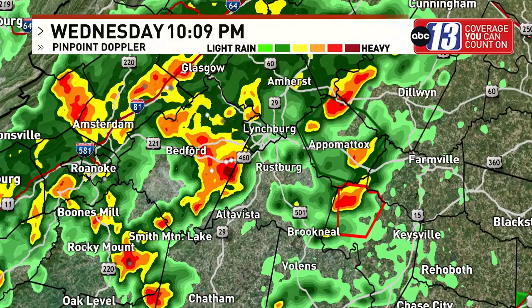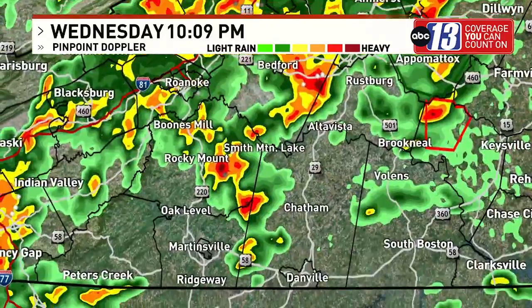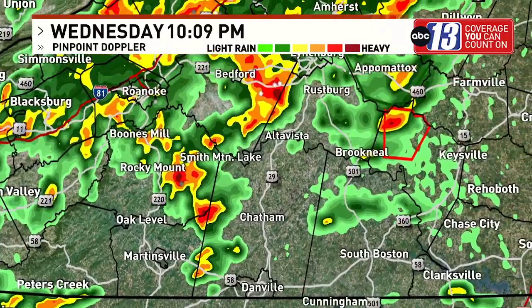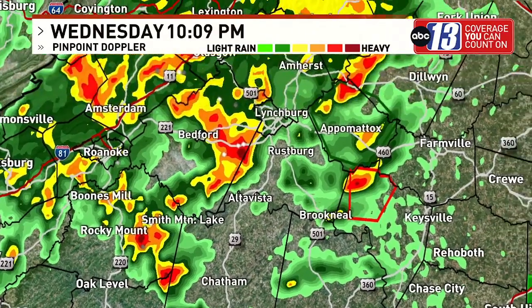Nothing to worry about in Lynchburg. Bedford looks good. Roanoke also looks good. No problems into Pittsylvania County right now. There are some thunderstorms. Yes, Smith Mountain Lake, I know you're hearing thunder. You're still hearing thunder, I know, in Bedford, Evington,